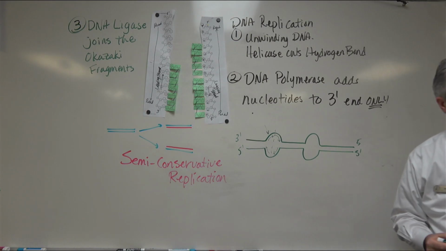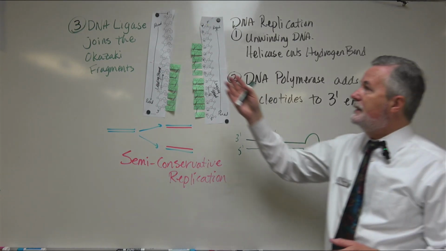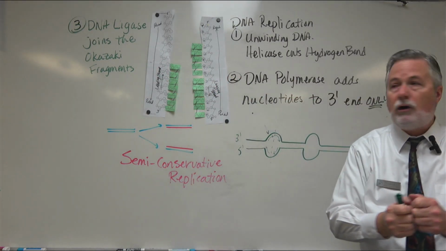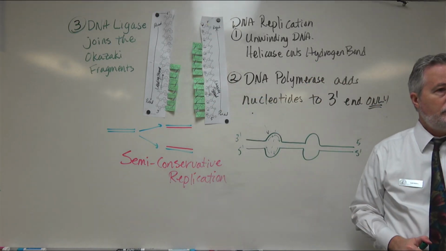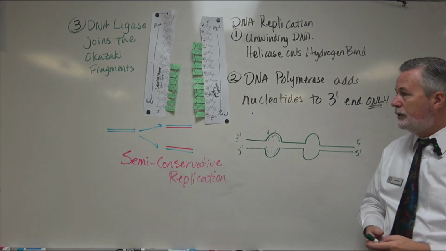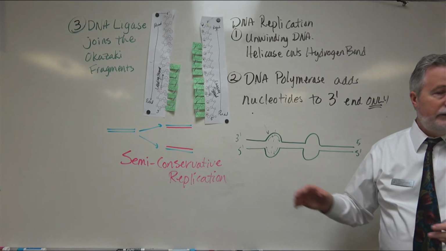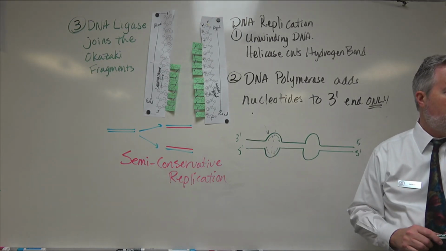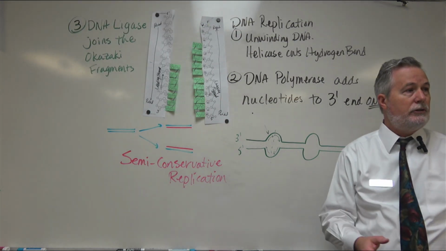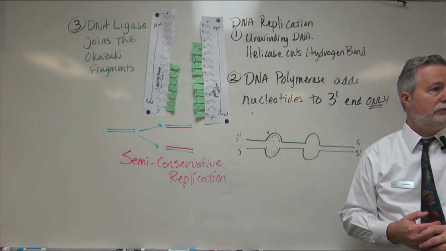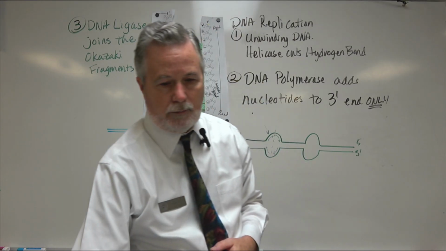This is called a replication bubble. Eventually, it all gets copied, and then DNA ligase comes in and fixes all the fragments so that it will all get done. What you don't need to worry about is where it's happening, where it starts and where it ends on a particular piece of DNA. The textbook reading I asked you to do literally has a picture that shows this. So please make sure that you've done that reading. All right, that's all for